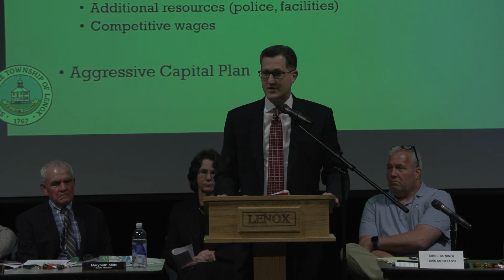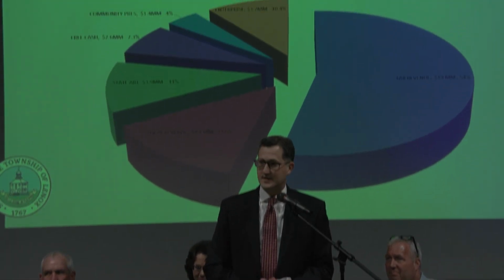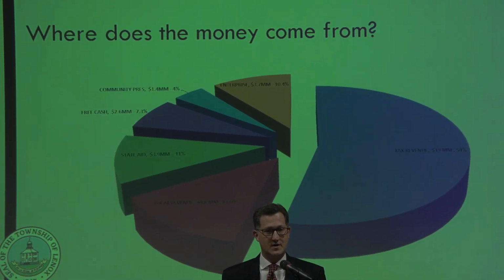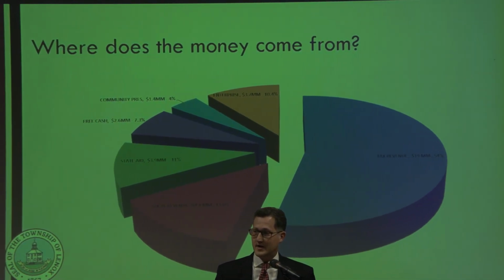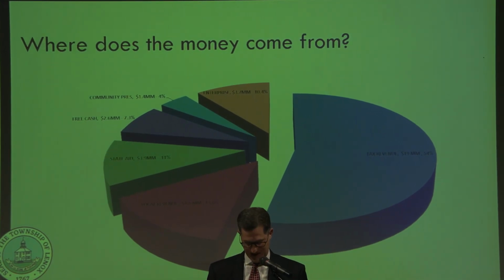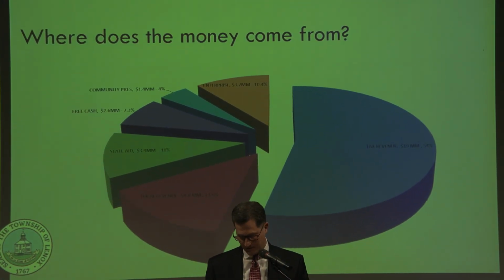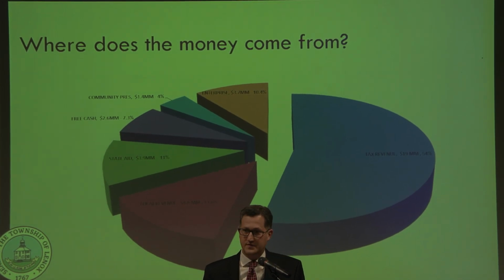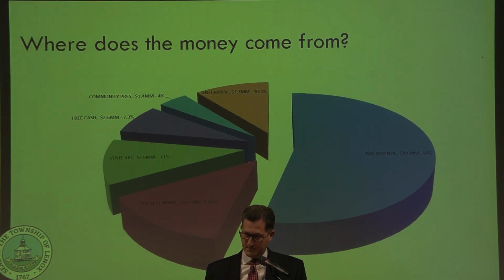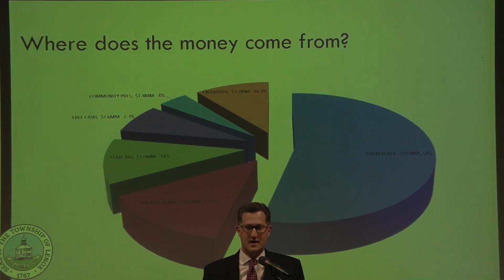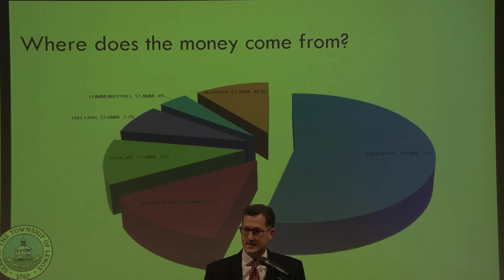So we'll go straight to the pie charts that you've seen 1,000 times. They don't tend to move much, but as in prior years, when we're talking about budgets, we're talking about at least where the money comes from. That's always primarily the taxation of real and personal property. But there are other important revenue sources, such as the enterprise funds, which fully support both the water and wastewater operation of the town. Local revenue, made up of some high-profile sources, such as the lodging tax, the meals tax, motor vehicle excise tax, make up about 14% of our total revenues.